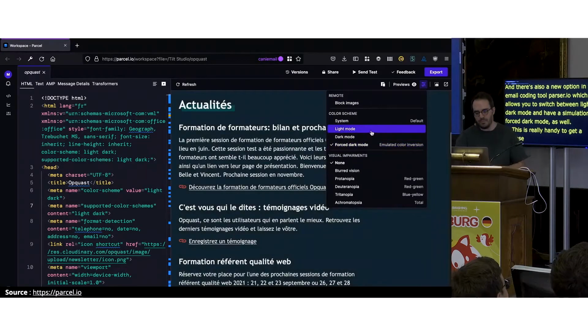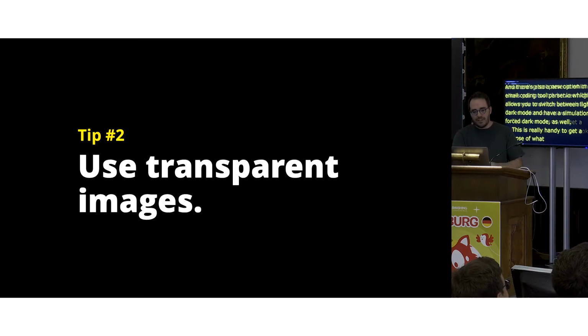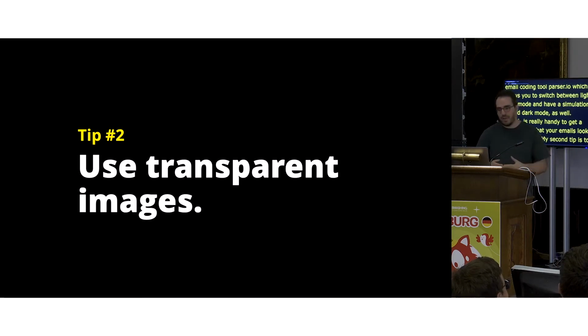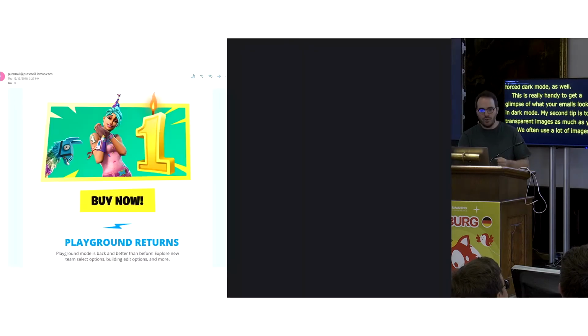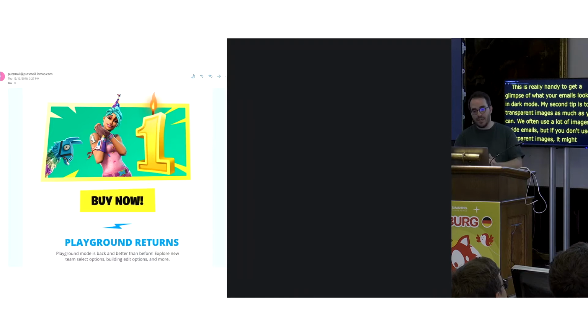Now, my second tip is to use transparent images as much as you can. We often use a lot of images inside emails, but if you don't use transparent images, it might look a little less clean. So take, for example, this email from Epic Games for the game Fortnite.